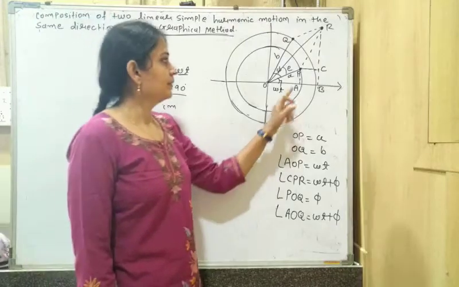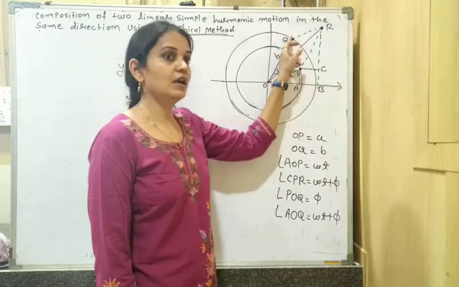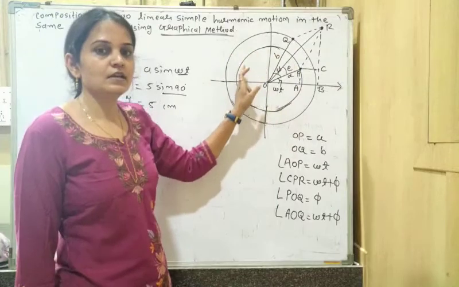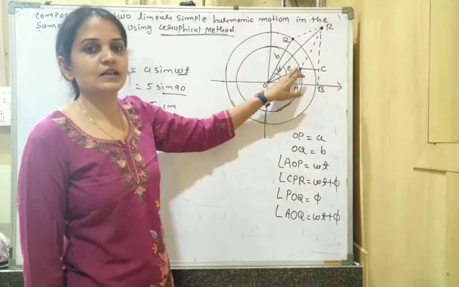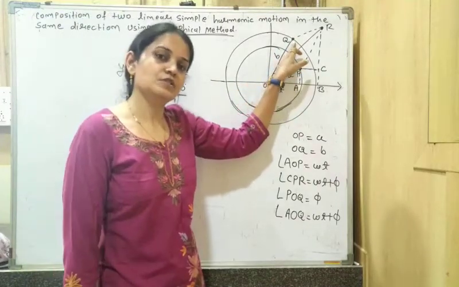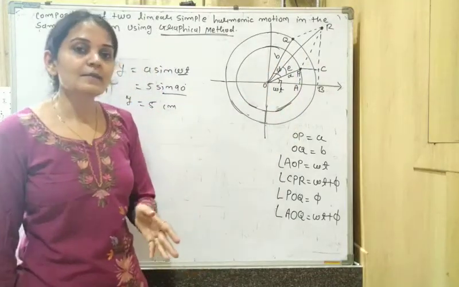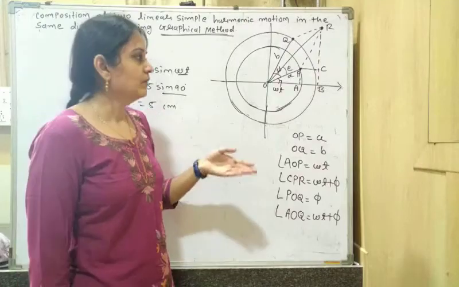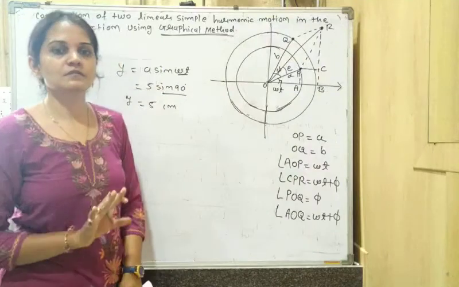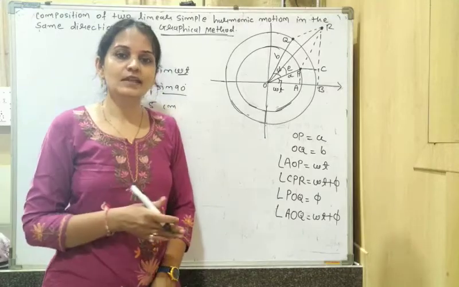So first of all, from this figure we consider two points or two particles, which are P and Q. P has some radius. The first circle represents the position of particle P, and the second circle represents the position of particle Q. So P and Q are different points, but they are moving in the same direction, that is, in an anti-clockwise direction. We have to consider that they are moving in the same direction but with respect to different theta.